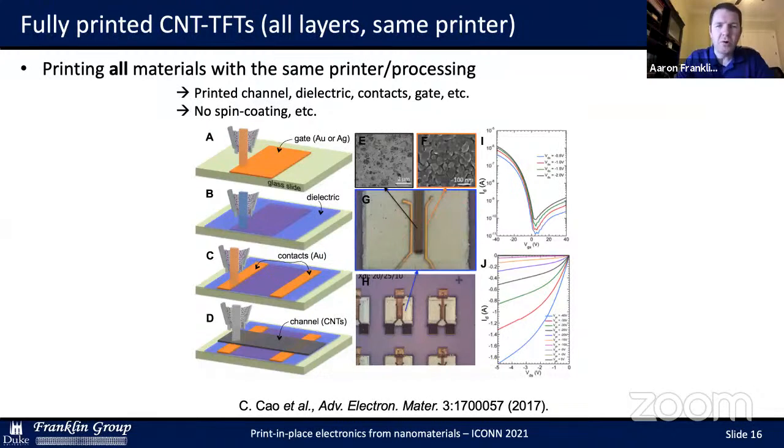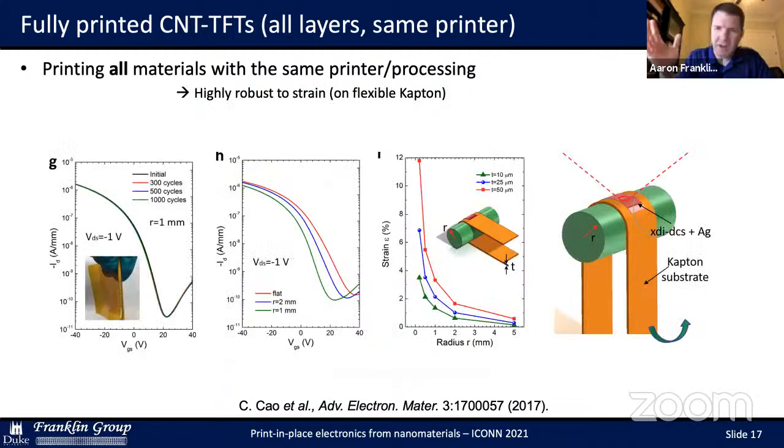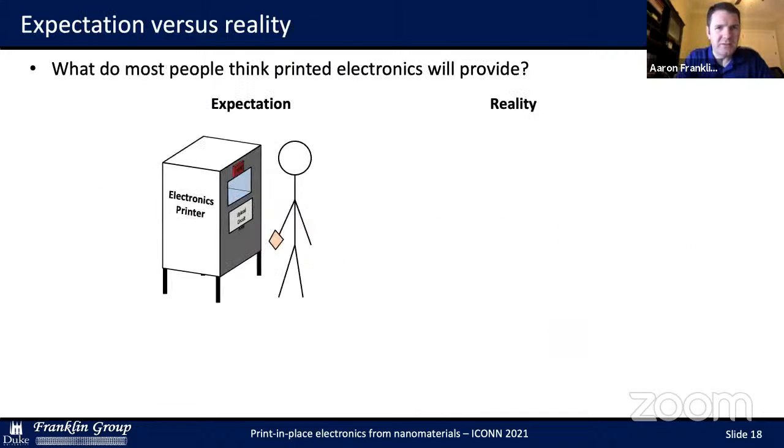So other work that we've done, and this is a little bit of a fast history that leads me to this print-in-place electronics that I've mentioned. We first developed a process where we printed every single layer of the thin film transistor using the same printer. And we were still removing the substrate and doing other processing like bakes and such, but still we adapted inks to make use of the same printer throughout the process, which was a big step towards this print-in-place idea. And those devices performed really well.